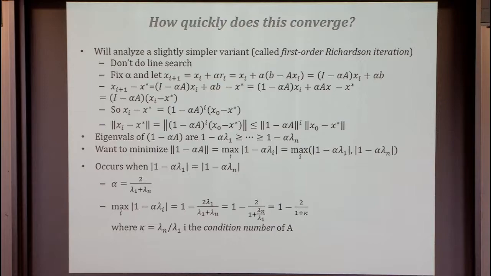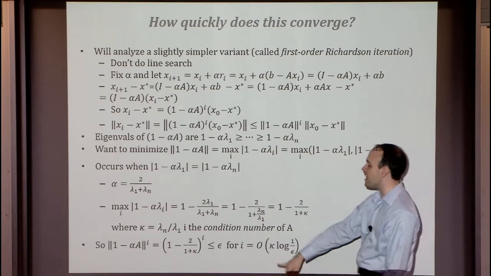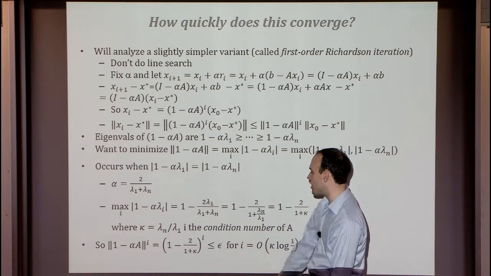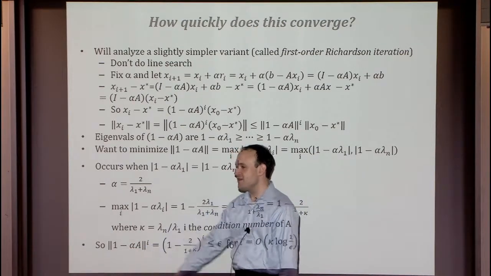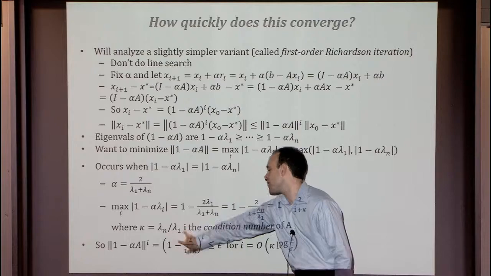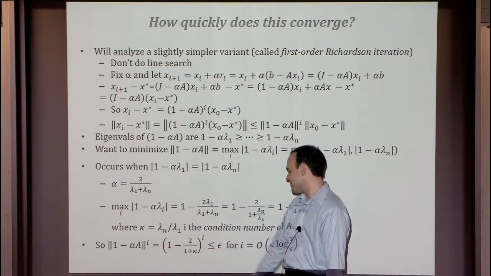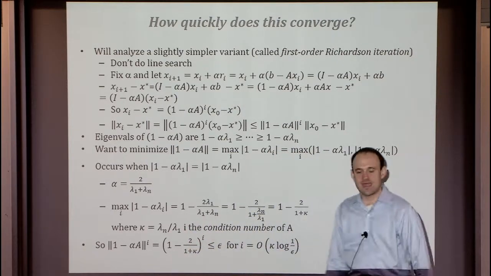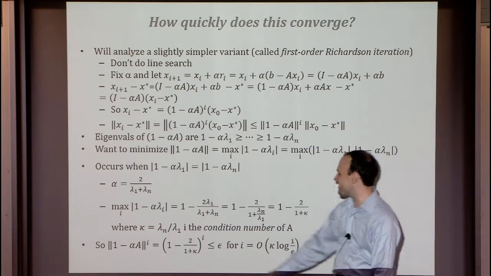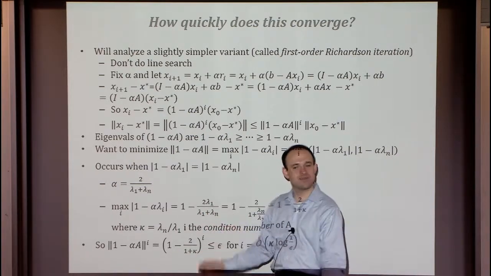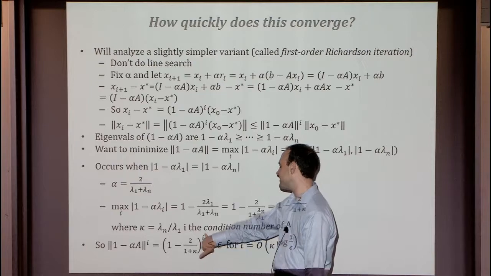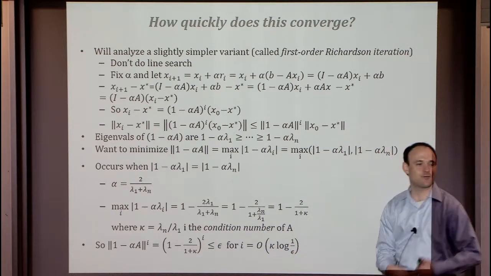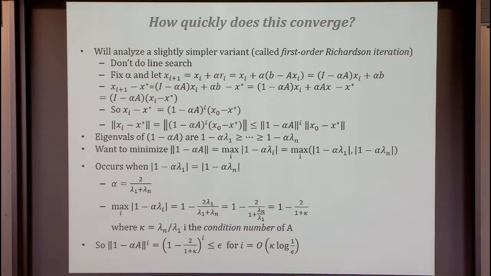And so the number of iterations that it took was something that depended linearly on kappa, right? So if I want to make 1 minus alpha A small, if I want to make it less than some epsilon, I'm asking what do I have to raise this thing to get it to be less than epsilon. And so what is that? Well, think of this as just 1 minus 1 over kappa. So you raise it to the kappa power, you get a constant, and then raise it to a log 1 over epsilon to get whatever constant you want.